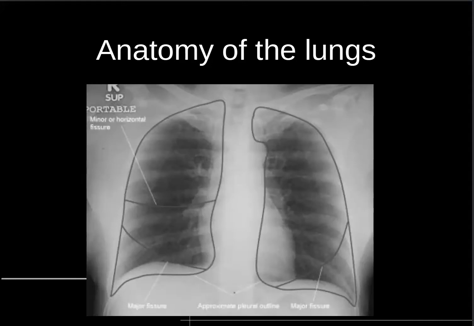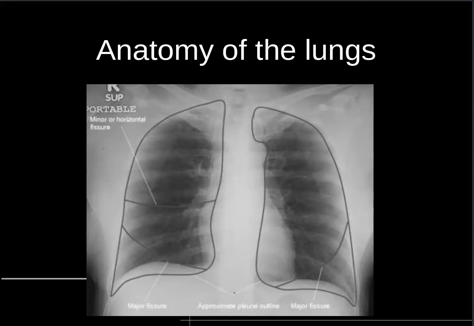Following on from the anatomy of the mediastinum is the anatomy of the lungs. So from your anatomy, you should know that the right lung has 3 lobes, an upper, middle and lower lobe, and the left lung has 2 lobes, the upper and lower lobe. And this is where they sit on a chest X-ray. You can see the right upper lobe sits and occupies most of the superior half of the right hemithorax. The middle lobe